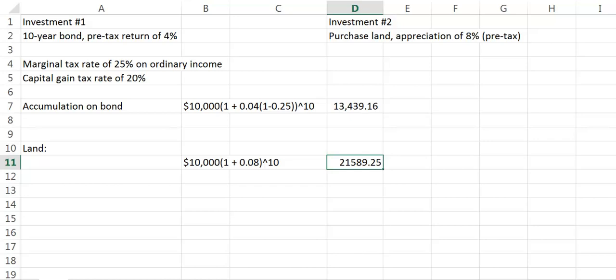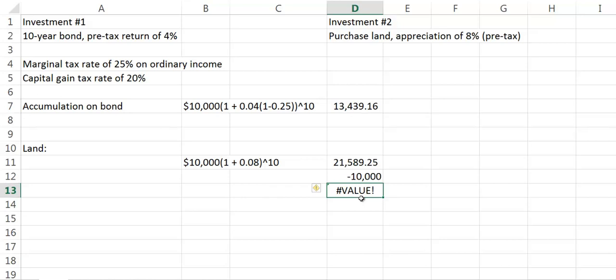Okay, so here's my investment. This is what my land is worth after the 10 years. So I've got a great appreciation here. But I have to pay tax on that because I'm going to purchase the land for 10 years and then sell it, because I want my money out of it. So if this is what the land is worth, we're going to assume that we sell it for this price, but we had a cost of the land of $10,000, correct? That was my initial investment. So if I have a cost of the land of $10,000, then the amount of my gain